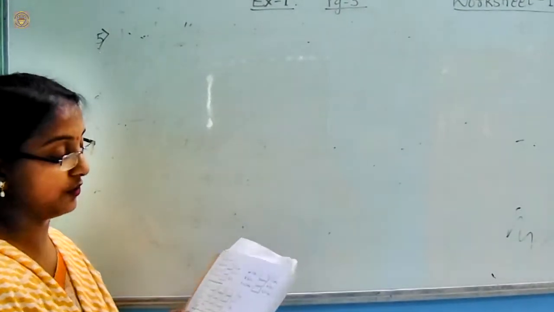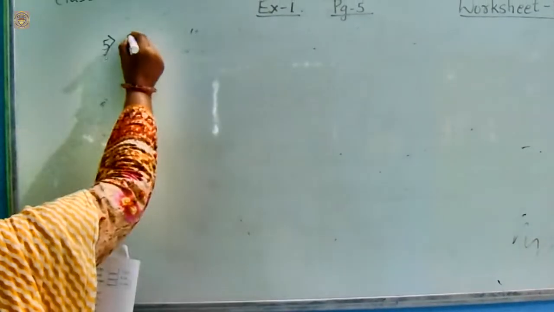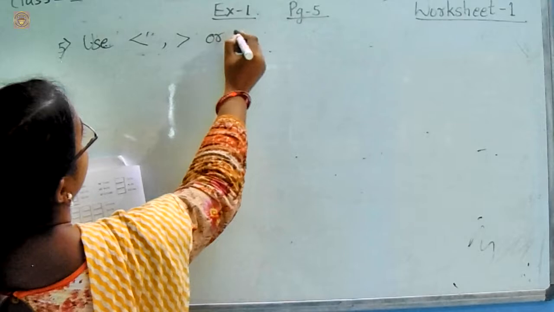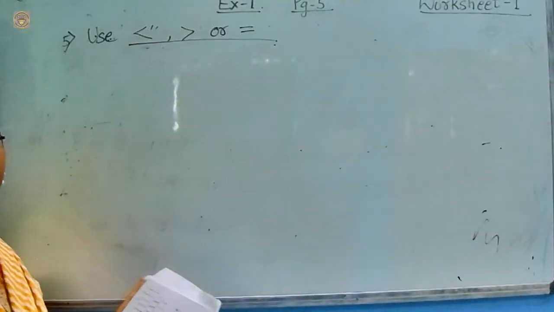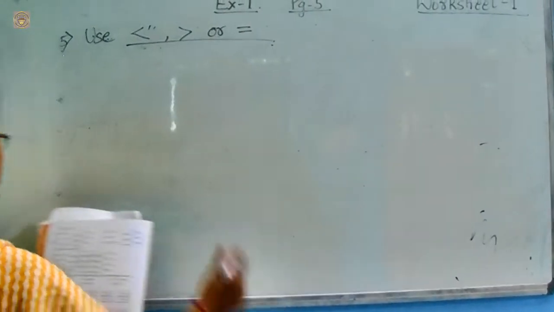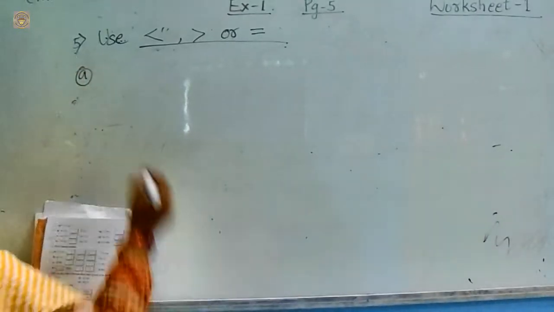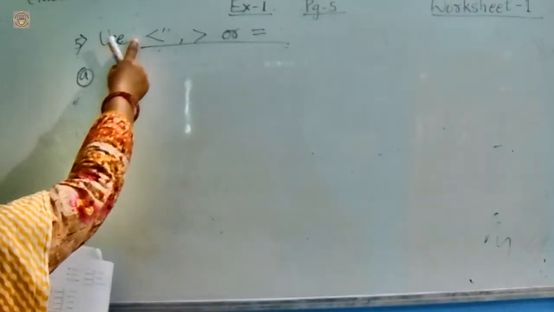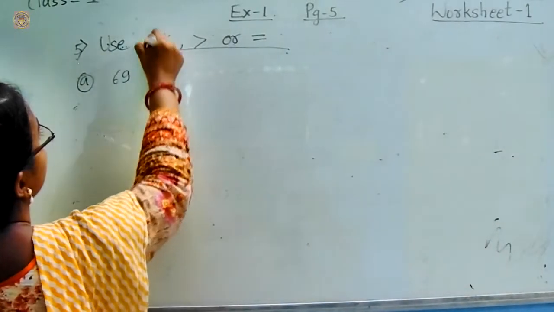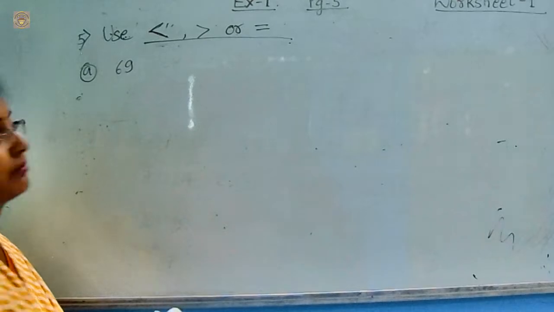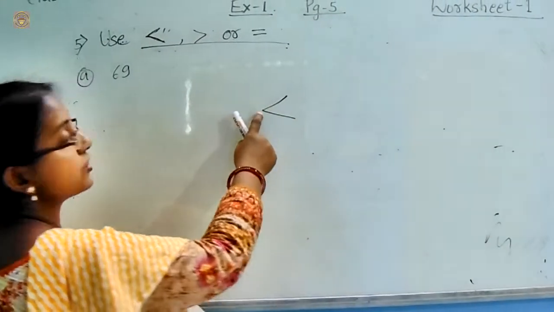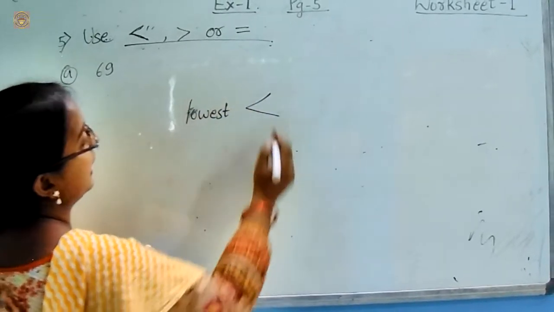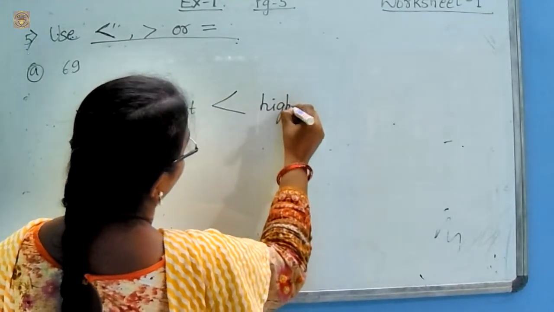Also easier for all of you. You are now in class 5 and you also know these signs. These are the signs of less than and greater than or equal to. You all will know the signs. This is the less than. If the less than sign is here, it has a closed mouth for the lowest number and an opening mouth for the highest number.